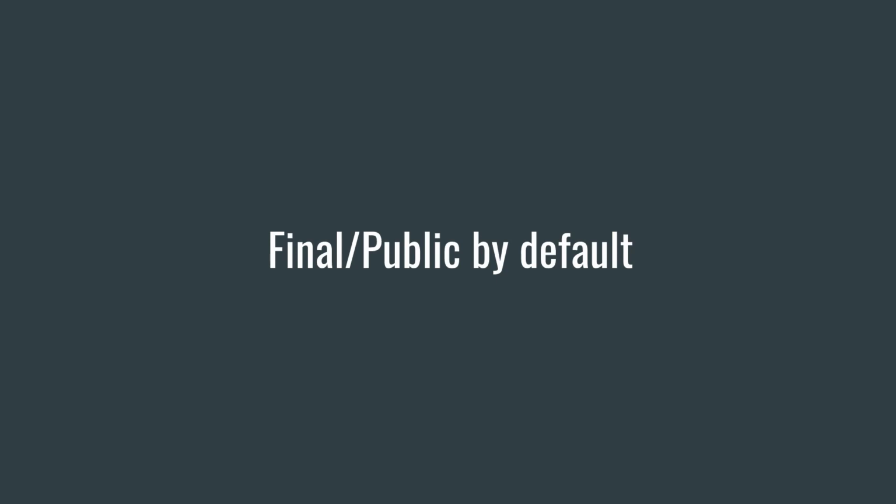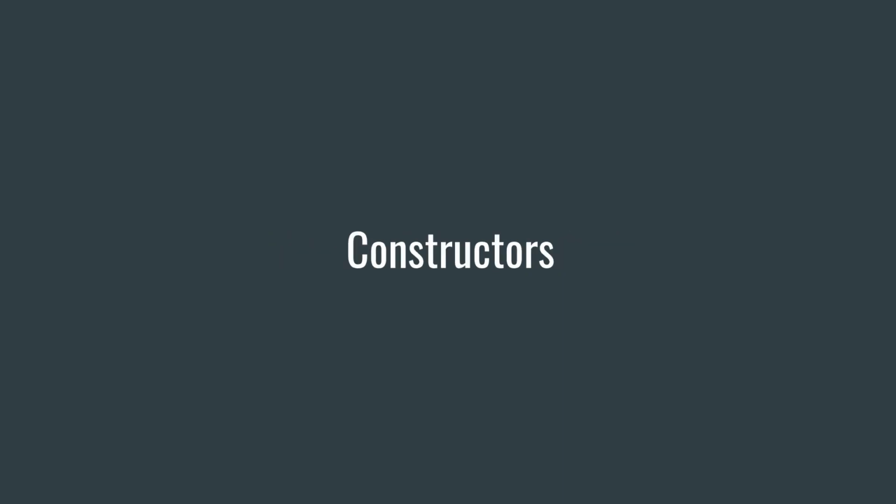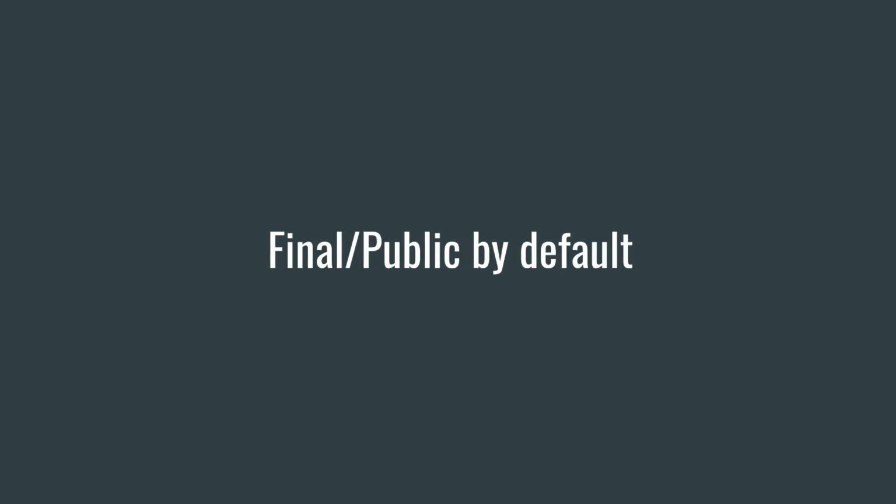So they decided to optimize the default. So the default is public. You can just get there and write, not entirely sure if you can write protected, but you can just get there and write a private class. And everything is final by default. If you want to make sure that your class can be subclassed, you need to explicitly open it. And the same applies to the methods in that class. If you don't specify anything, you just can't extend it. It's final.